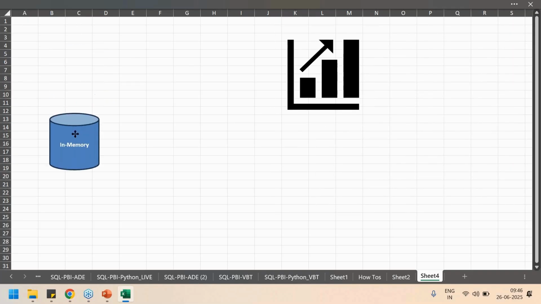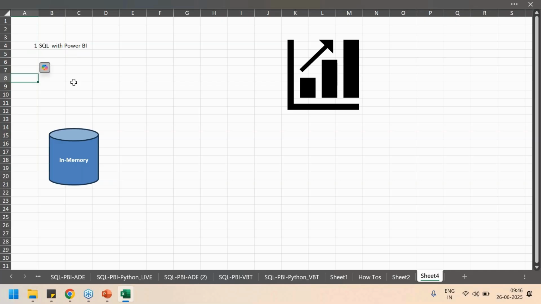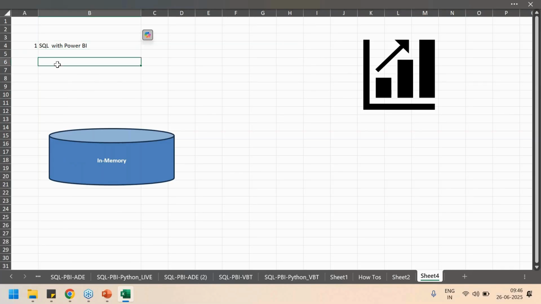For example, if you're into backend activities, the first combination can be SQL with Power BI, or the second combination, number 2, can be Azure Data Engineer with Power BI, or the third combination can be Snowflake Data Engineer with Power BI,